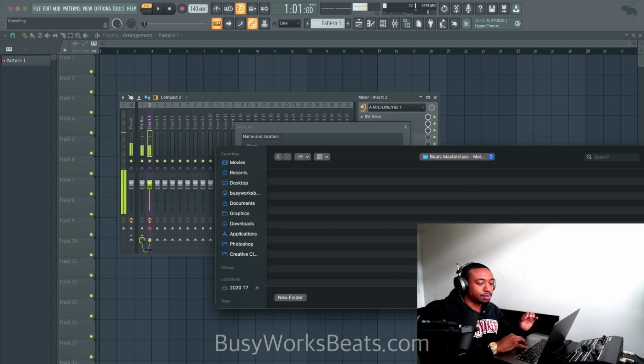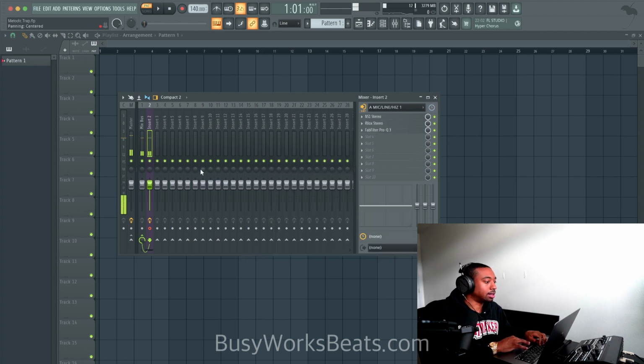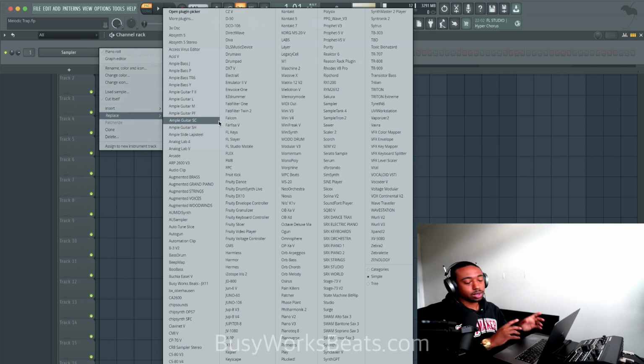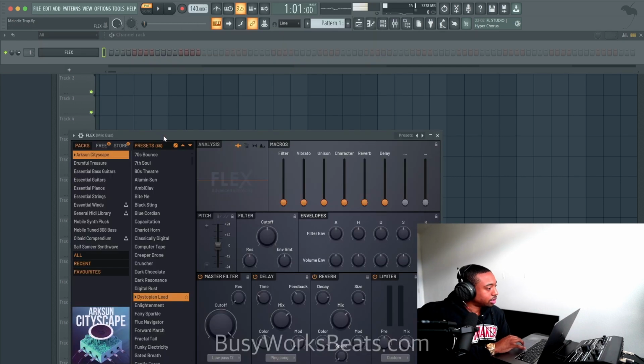Now again, all these beats I can spend way more time on. We're using stock plugins. I usually don't use stock plugins. It's a lot easier to get that crunchy sound with non-stock plugins. Okay, so firstly, with melodic trap, usually it starts with piano, some kind of piano-style synth, or guitar. So let's start with Flex. We're gonna use their guitar preset, and I'll show you how to make a basic guitar.